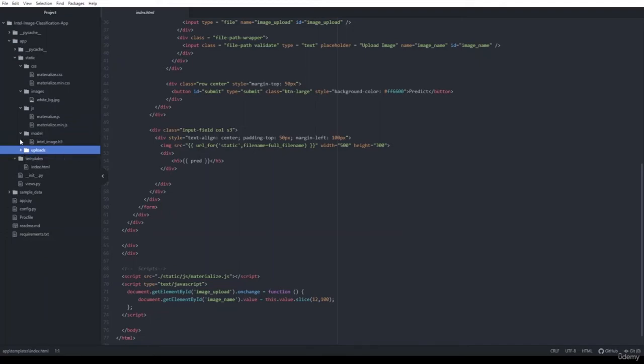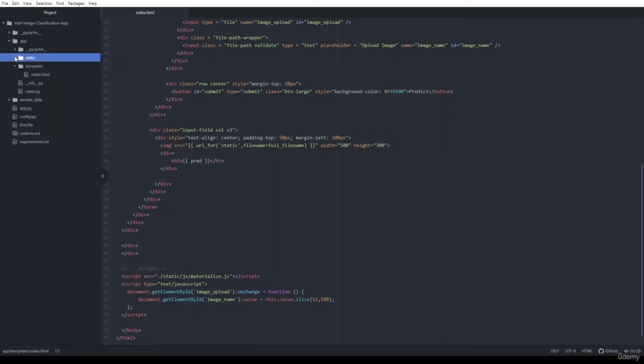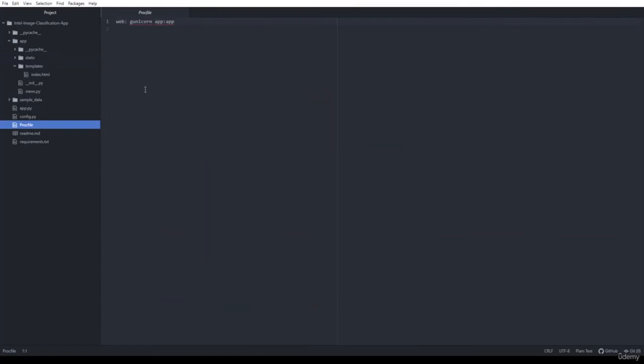Now let me show you some of the important files that are required. So this is the Procfile. The Procfile is generally required for application deployment. Here you can see that we are using web at the start, because it will tell the deployment protocol to consider this as a web application, and after that you can see that gunicorn is in the command, and gunicorn will tell the system that we have to call app from app.